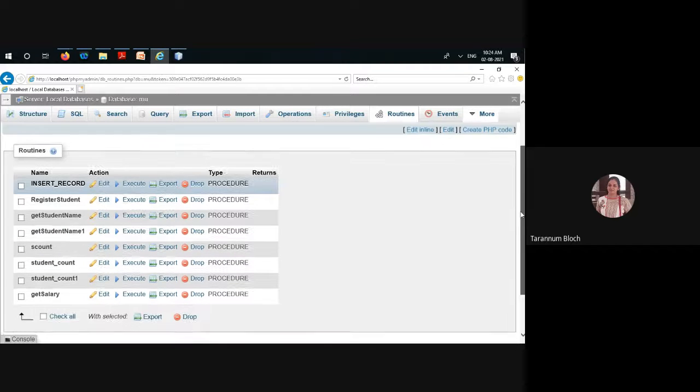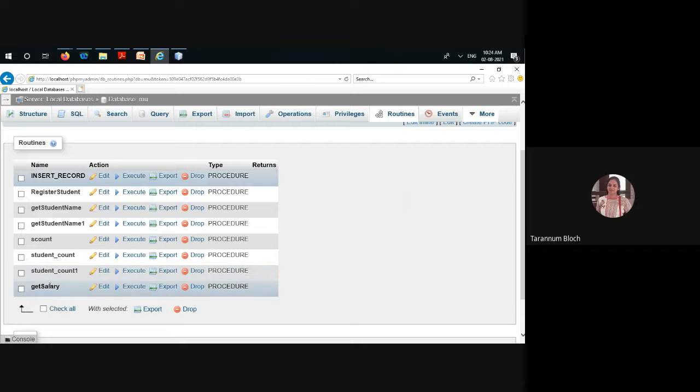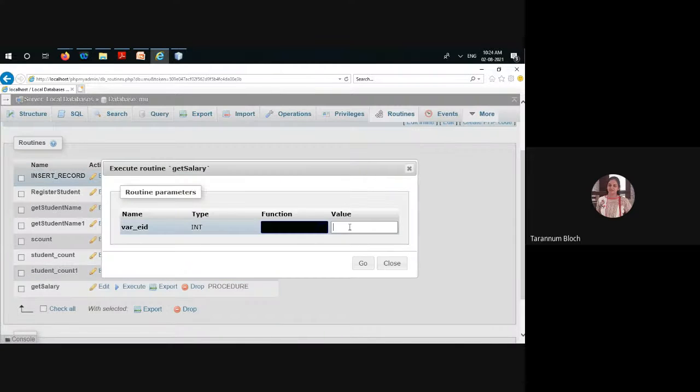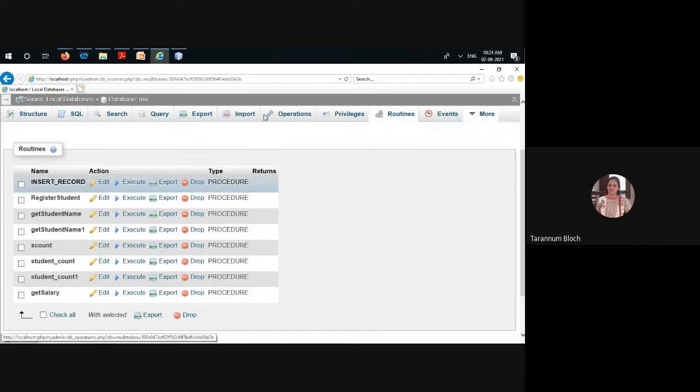Right, you can see it has created get salary in your database. You can execute it here for testing purpose. It is asking me ID. I'm entering 1. I click on go and